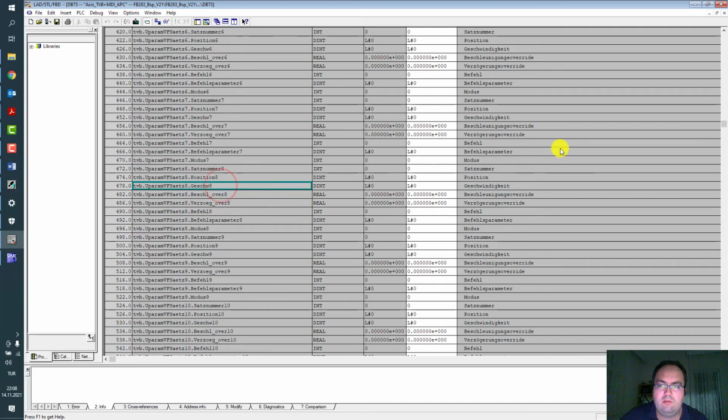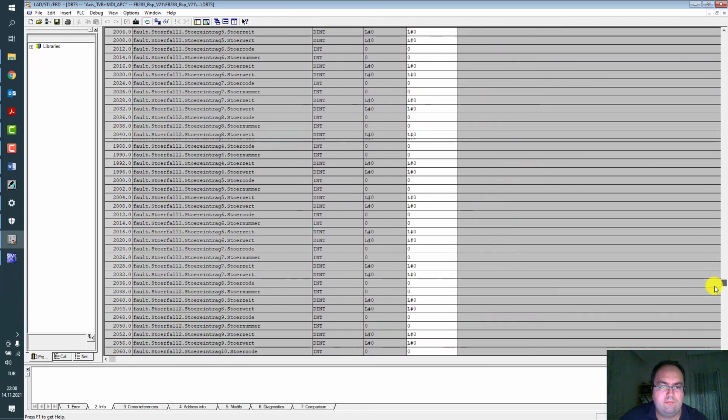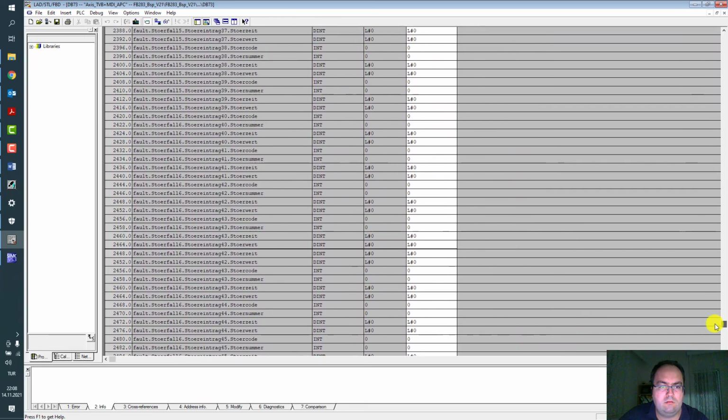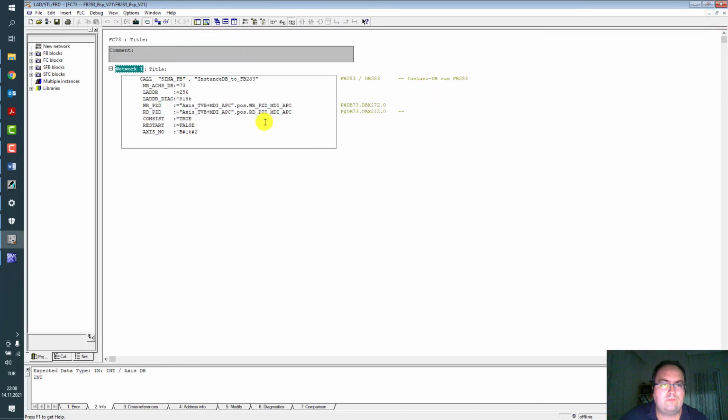For example, UDT, block number, position, Geschwindigkeit means velocity, so override for acceleration, deceleration. So it's our data block. It's the logic address. We will see later on. Okay.